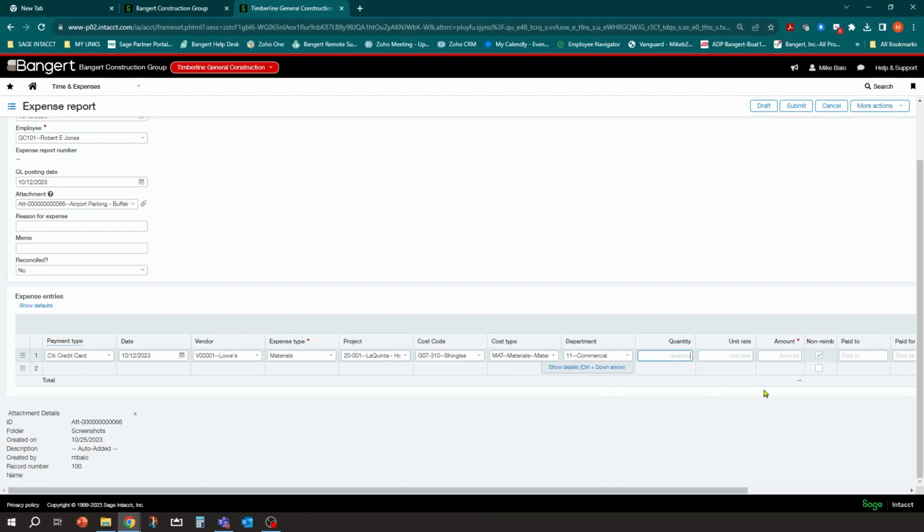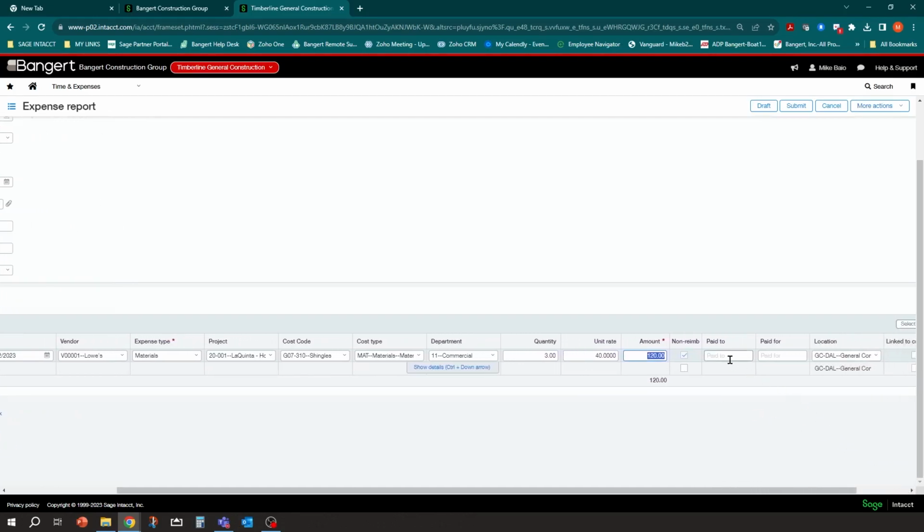You do have a choice whether you want to enter your charge by quantity or just a flat amount. So if I say we bought 3 boxes and they were $40 each, it'll pre-fill in for you. You do have some optional fields here, paid to, paid for. So again, if you're not really charging it to a project, you may want to fill these out a little bit more. Or if you don't necessarily want to set up a vendor for it, but you want to put in who you paid it to, you can do a miscellaneous text paid to field here too. And all these can be on the report if need be, and they all store in the transaction. So we're going to leave those blank for now.